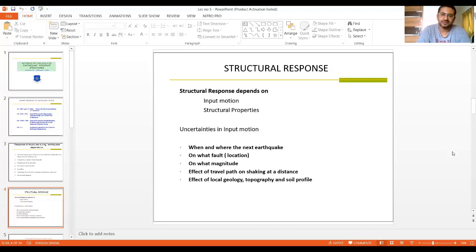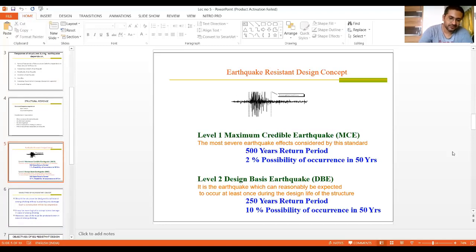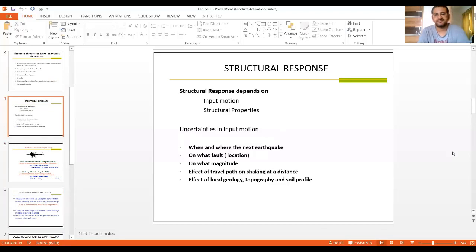So when you talk about the input parameters, there is a lot of uncertainty or incomplete data with us as far as the input parameters are concerned. We can control the structural properties because based on the span, length, load, and type of structure, we'll be able to decide the structural properties, right? To start the process of designing.